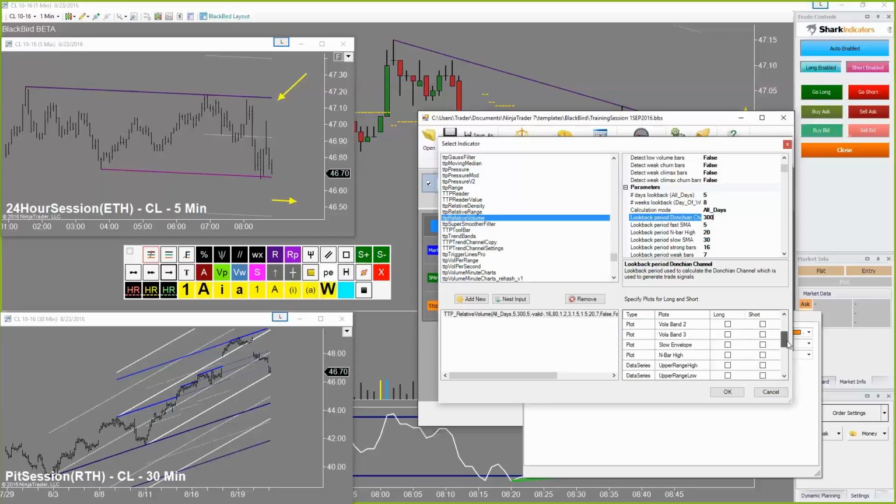And then for a long trade, we're looking at extreme spikes at the high, because we want to tighten up our stop below that bar. And then for a short trade, we're looking at extreme spikes at the low, because we want to tighten up our stop above the high of that bar as we're coming down to protect what we've earned on the trade,